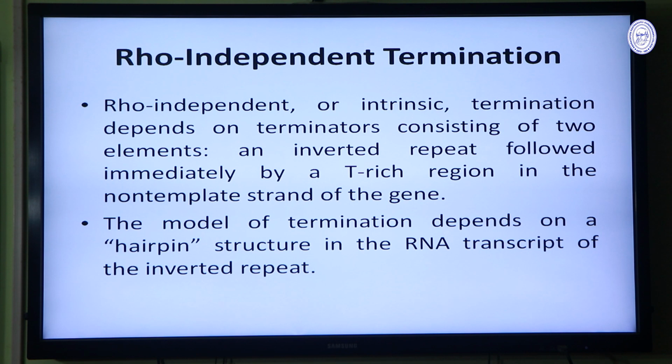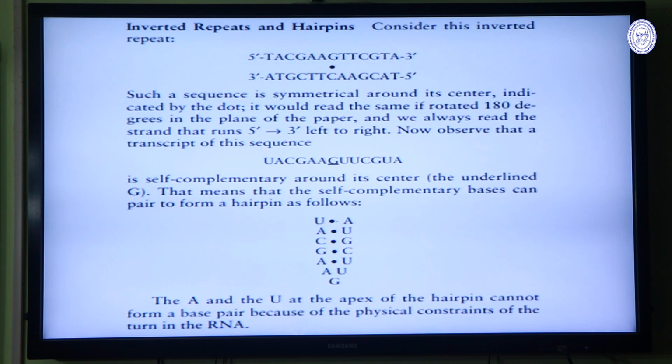This type of termination depends on some specific sequences on the template strand, because complementary sequences will come into the RNA chain and form a typical structure of the RNA, not a linear structure, which we call the hairpin structure, and this hairpin structure is absolutely needed for the termination process. The model of termination depends on the hairpin structure in the RNA transcript at that inverted repeat. So, we can see this